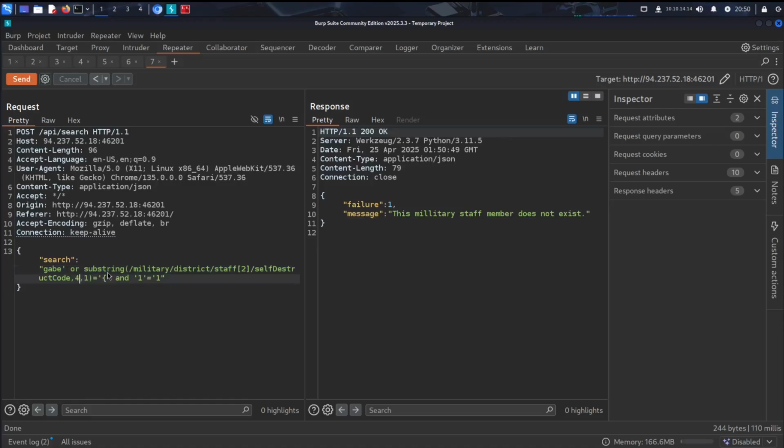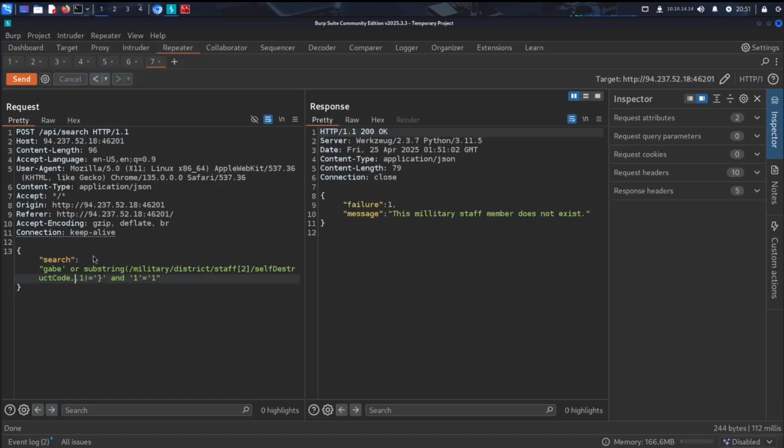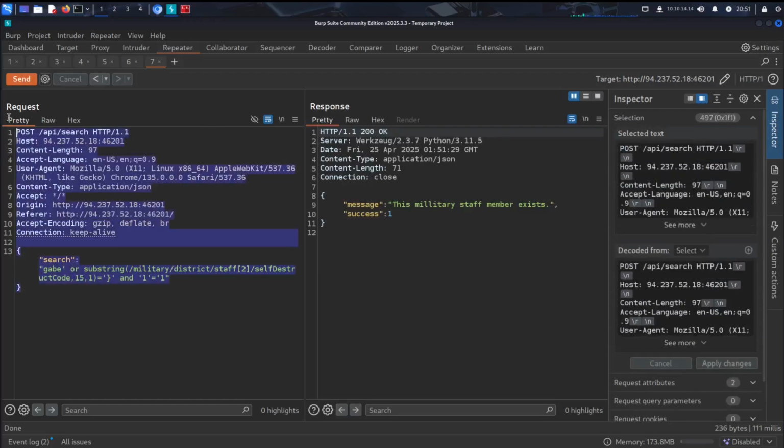I don't remember how long this flag is, but let me do maybe the 8th character. And then we can just try and look for this ending one. Maybe it's 9. Maybe it's 10. Maybe it's 11. Maybe I'm just wrong about this. Maybe it's the 12th character. Let me think. 1, 2, 3, 4, 5, 6, 7, 8, 9, 10, 11, 12, 13, 14, 15. Okay. Maybe I just didn't count high enough. 15? Okay. So now that we know this is somewhat correct, I can do the same thing with my script